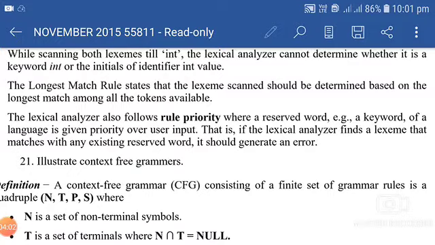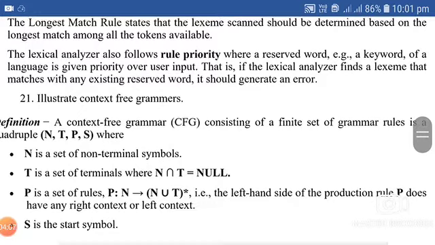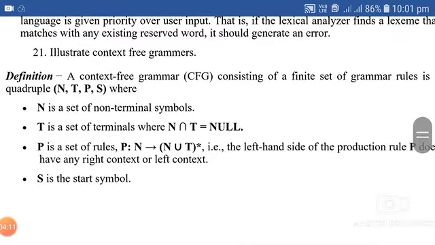Now we are moving to the 21st question in part C: Illustrate context-free grammar. Definition of context-free grammar: it consists of a finite set of grammar rules in a quadruple (N, T, P, S), where N is a set of non-terminal symbols, T is a set of terminals, where N intersection T equals null.